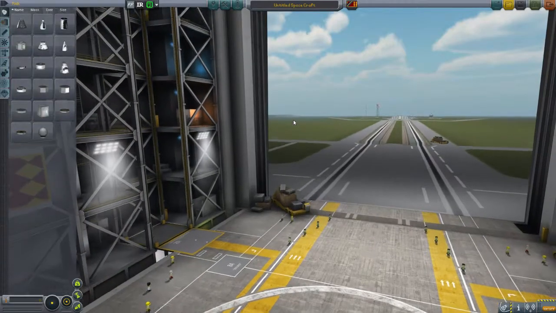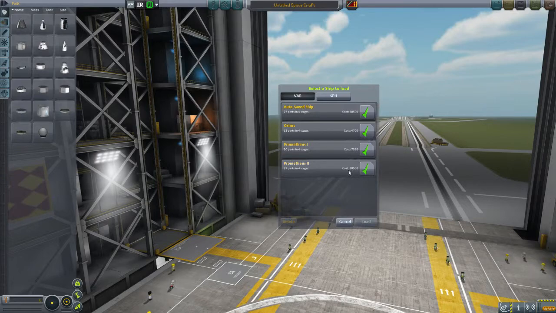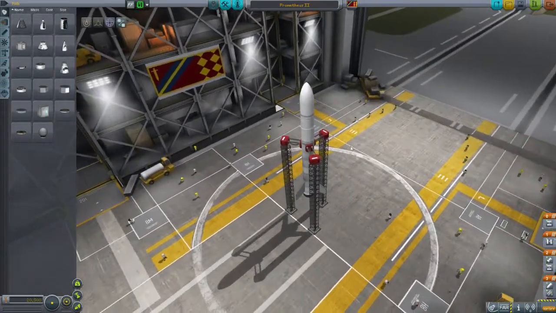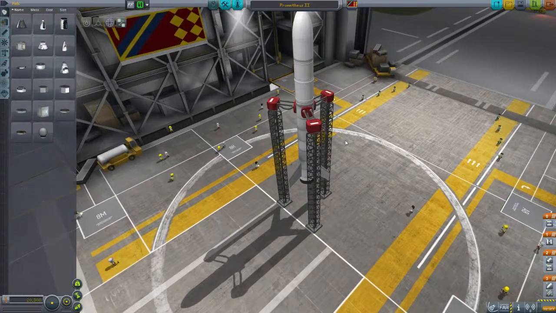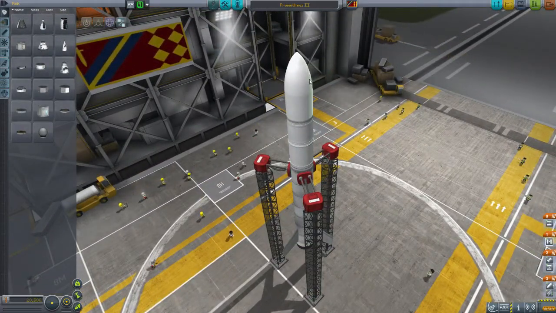Game crashed. You guys didn't get to see that because it's a lost episode at this point. But I made my new spacecraft, Prometheus 2. Show you guys what it's like. There's no real change to the rocket it carries, it's just a change to the probe,